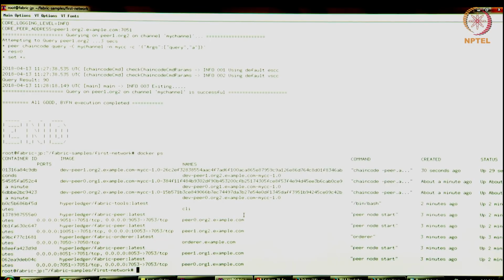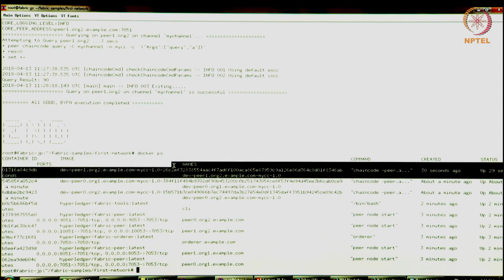Another cool feature of Fabric is that it automatically handles the fault tolerance of these chain codes. Let's say these are all Docker containers. The chain code might crash. What if this Docker container, this process, crashes? The next time you perform a query or a transaction on that node, the chain code will automatically come up and then the transaction will run. So Fabric takes care of bringing up the chain code whenever necessary.